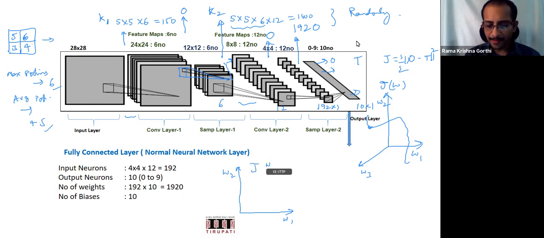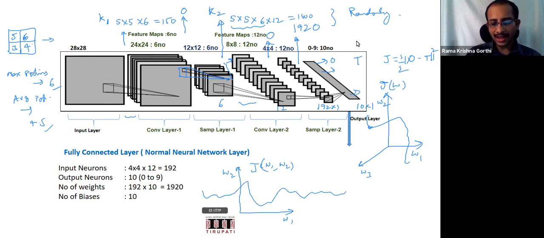Assume, just for simplicity, that we have only two weight elements to be fixed, or to be optimally set for having a minimal loss, and the cost function is something like this. Now let us assume that I started my optimization or minimization somewhere. Let me bring in another color here. I am starting here. So this is the location where I am starting.